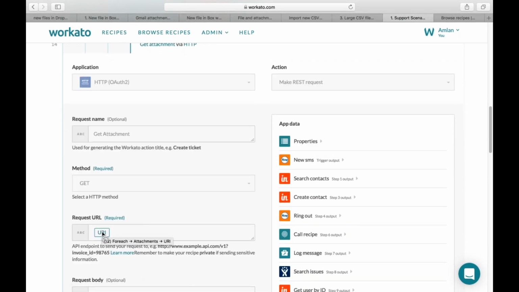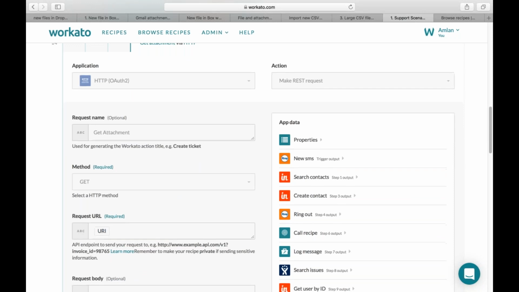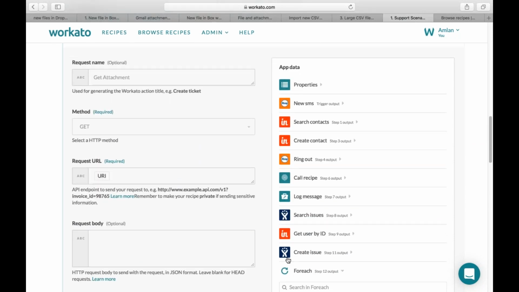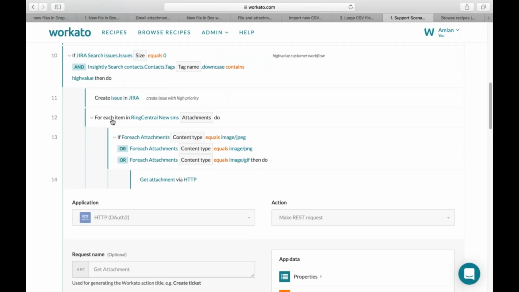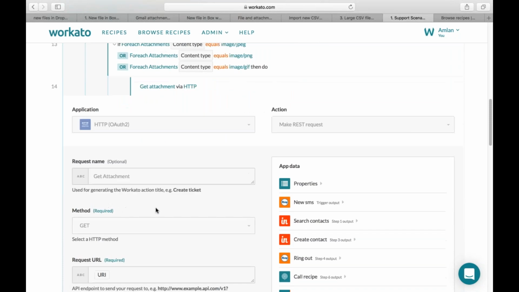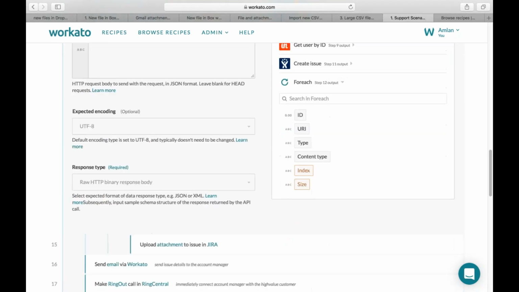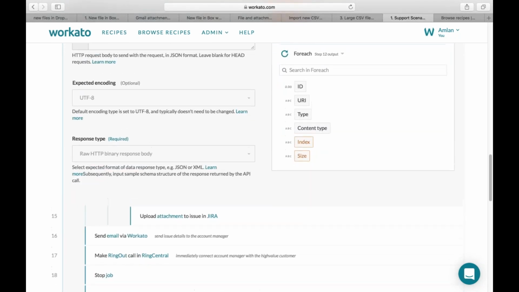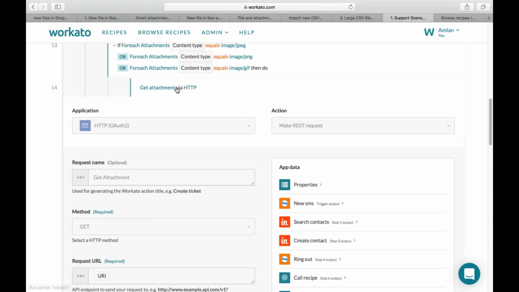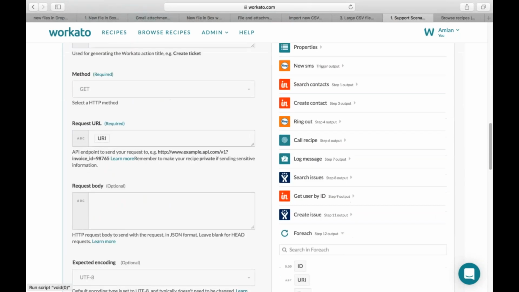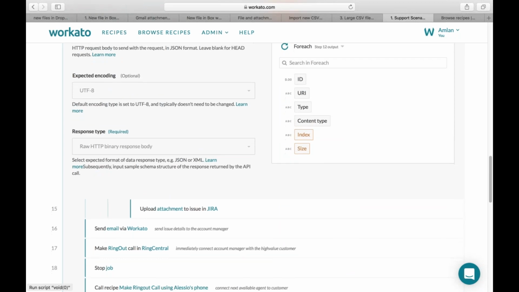this URI came from the for each, from step 12. Which was this one here, create the issue. Not create the issue for each. Okay, let's do 12. So for each item in RingCentral attachments, we are getting the attachments and we are adding that here, right? Inside, we are getting that attachment, and then we are uploading that attachment into